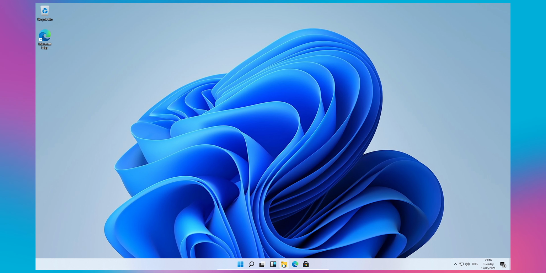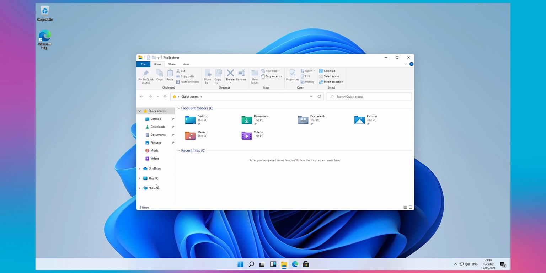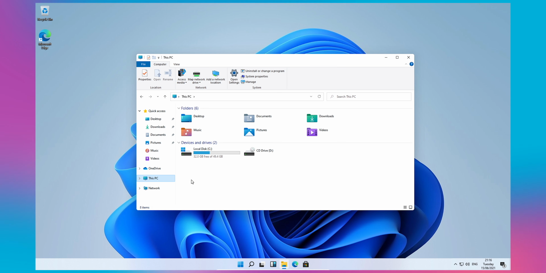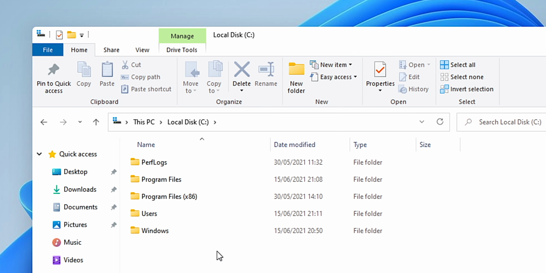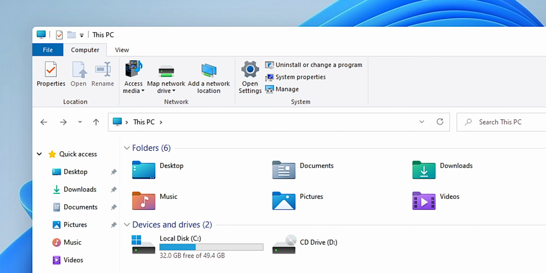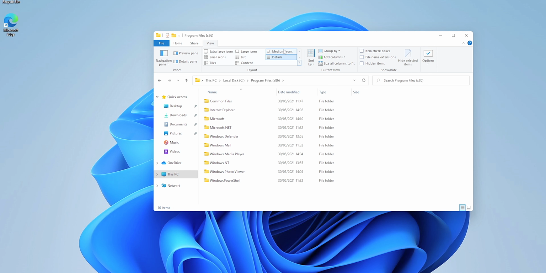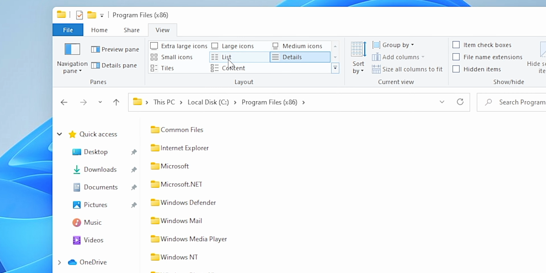The first thing that really caught my eye in Windows 11 was how different the Windows Explorer looks. If you're a PC user, you spend a lot of time here. It has been given a facelift with new icons and rounded corners. But don't worry, power users, you still have quick access to buttons in the menu bar, including changing how you like to view your files and folders.